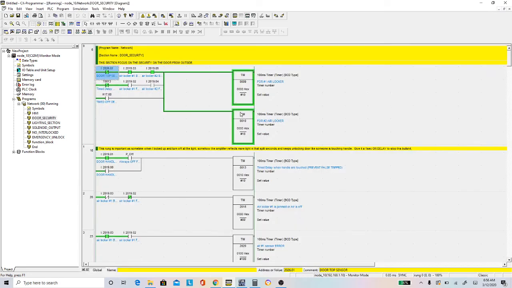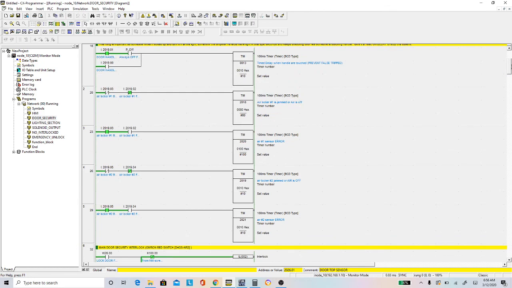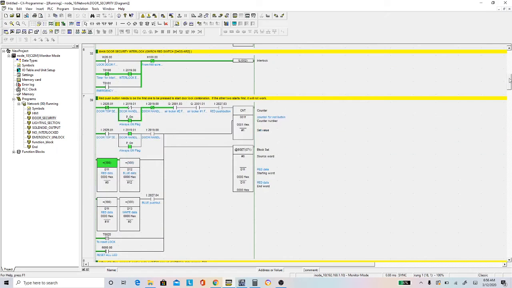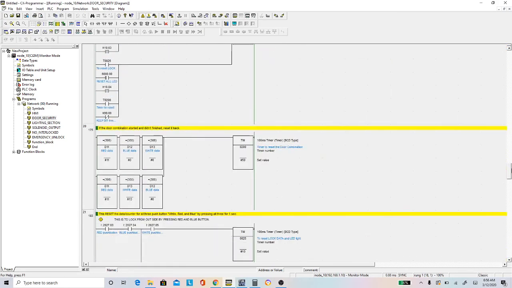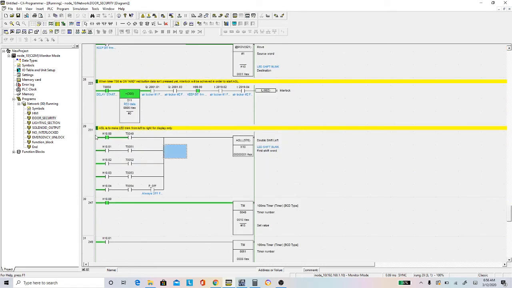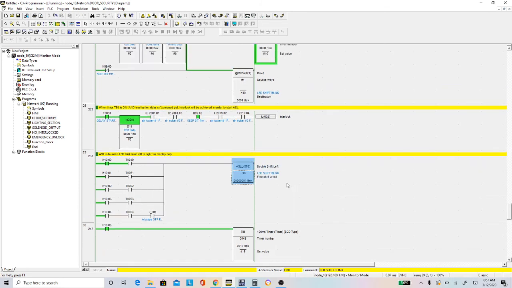Once the door is locked, then it'll shift left to right to make the LED turn on one at a time from left to right. And I have those LED lighting up straight in a row. Alright, so let's go to the ASL or shift register right here. Alright, so you can see how it's not on right now because the door's not locked. But whenever I lock the door,